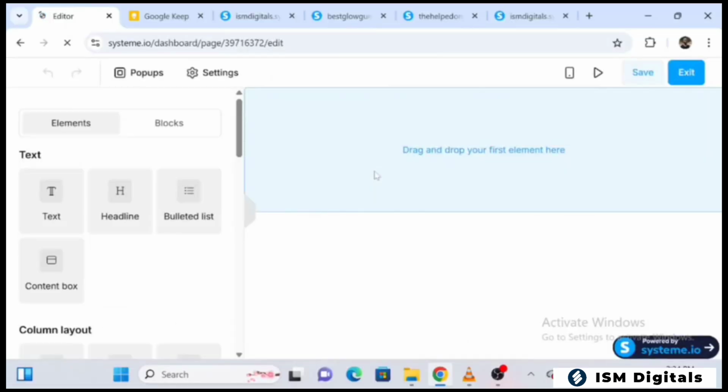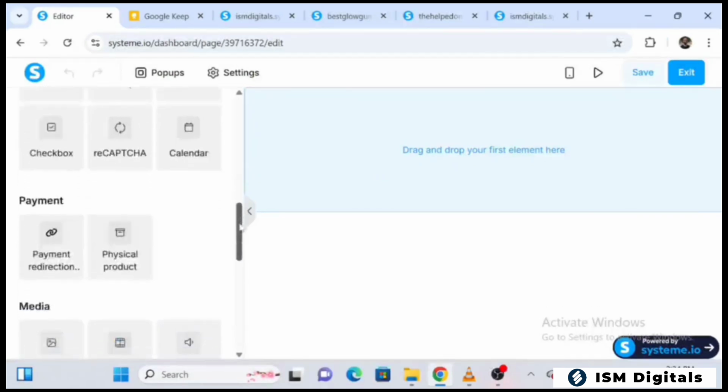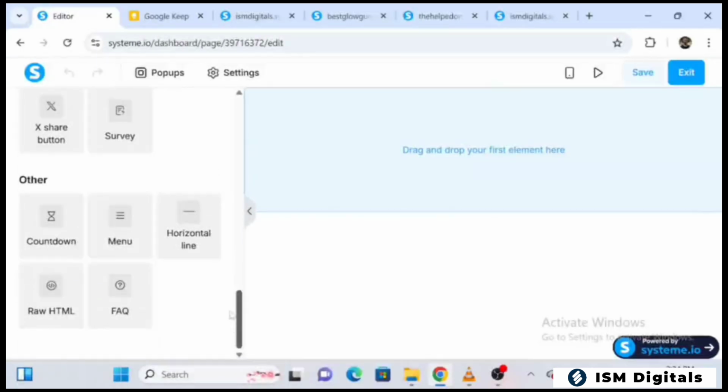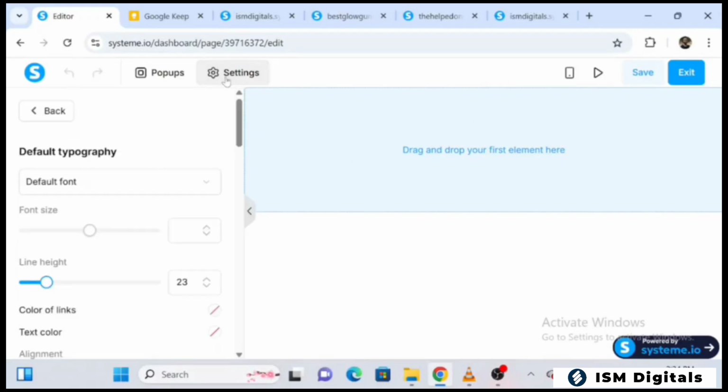So yes, this is how the interface looks. You can see some of the elements. We have text, the column layout, forms, the payment option, and media, and we'll explore some of these as time goes on. I just want to go straight to the point, so I'm going to change the color of the background. Come over to settings,